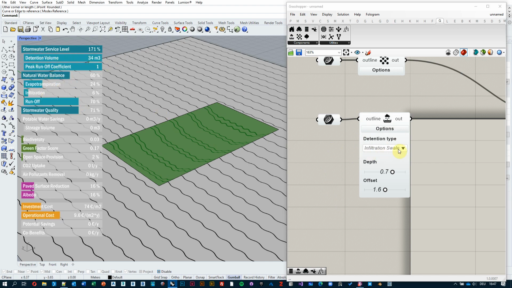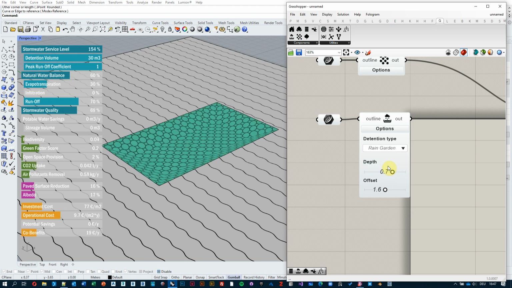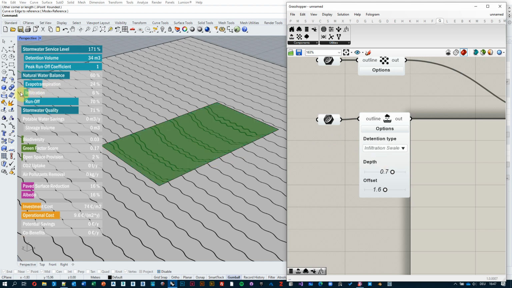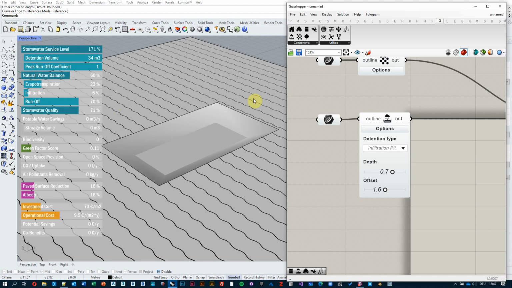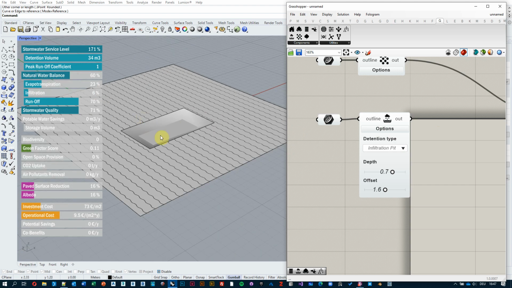The type that we choose also has influence on the natural water balance. For rain gardens, their bottoms are sealed off, so there's no infiltration happening. But an infiltration swale obviously has some infiltration, and the infiltration pit component as well. There is still going to be some runoff from the side because not everything is going to be directed there. Therefore, we have this kind of